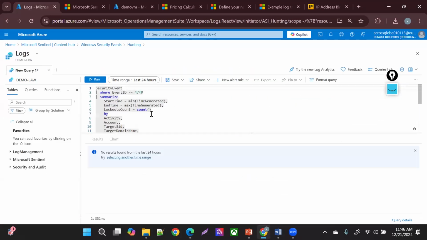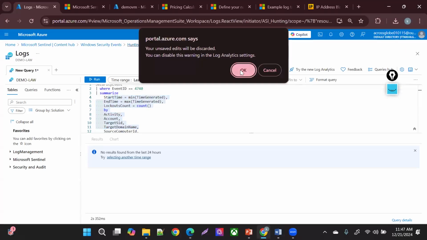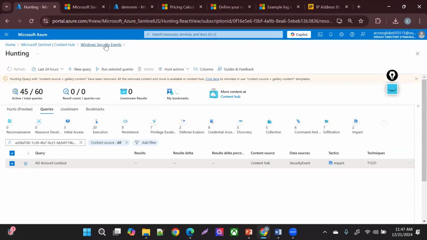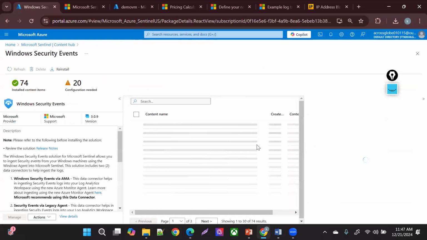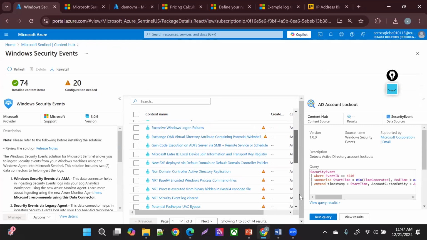Since I don't think my account has it, this will not show anything, right? Because the event did not get logged there. But yeah, if that parameter is matching, it's going to show you that. There are other hunting queries also there. So now what I'm doing is hunting on my resources. If I select any other hunting queries,